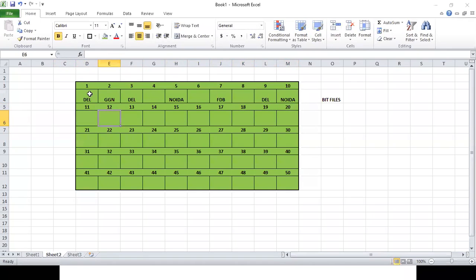Then here I have Gurgaon, Noida. Then we have say Delhi. Let's take Dehradun. We have suppose Delhi, Gurgaon, Gurgaon. Let's take Delhi, Noida, and so on. Right?